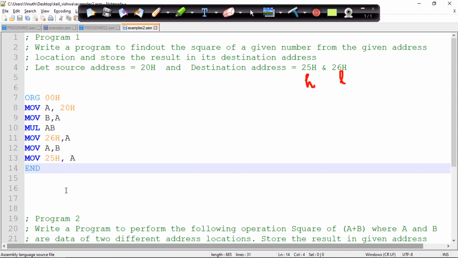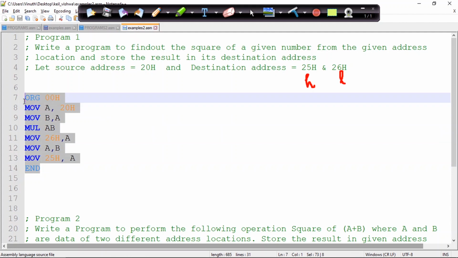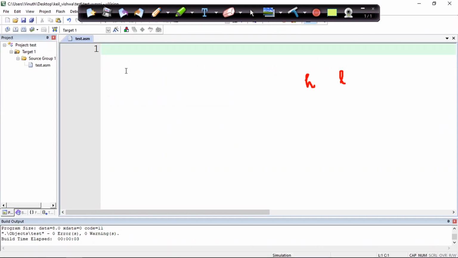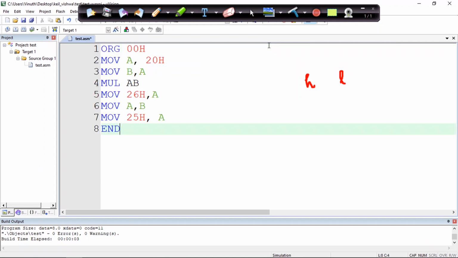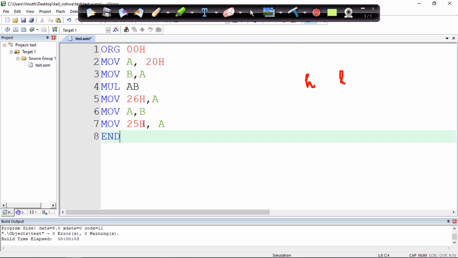Now the program we have written is for the square operation. Let us look into how this is actually going to work in Keil MicroVision. I think this is visible.